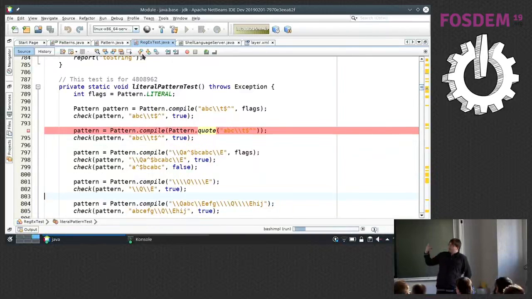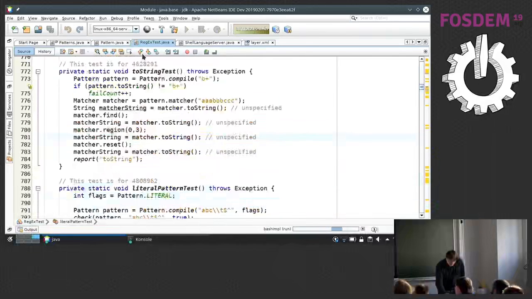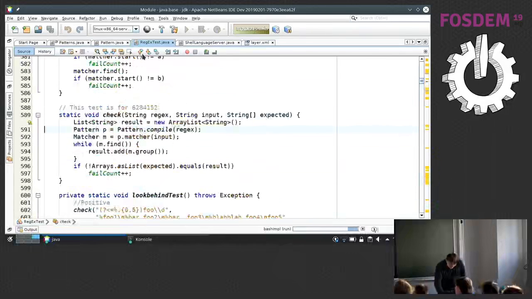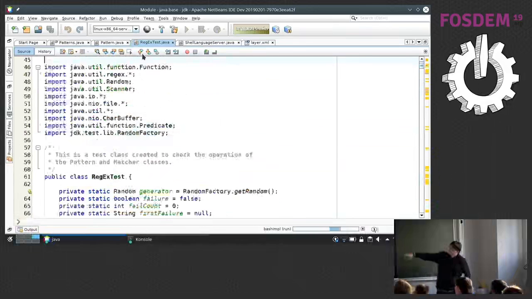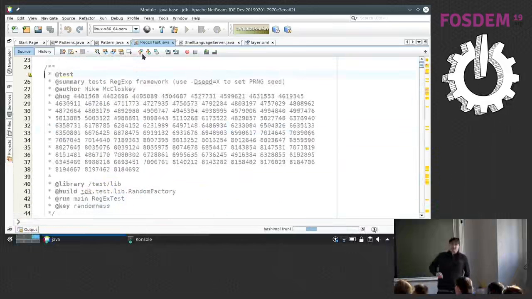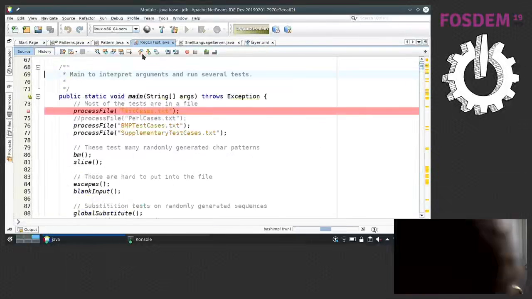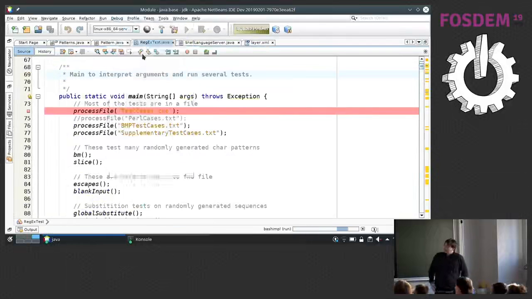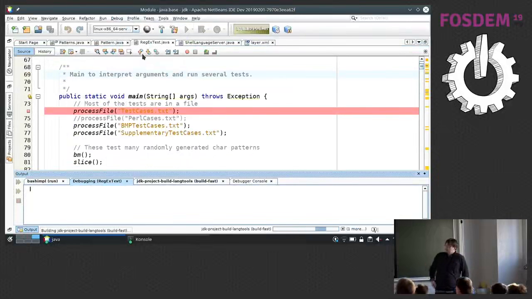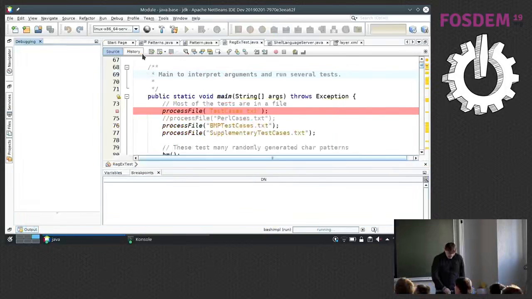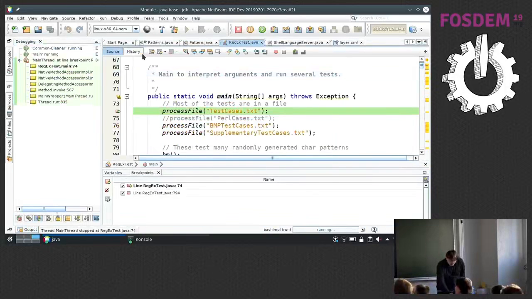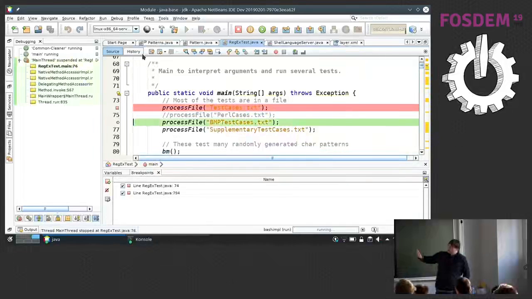But in NetBeans, this is a test that is testing the Java regex pattern, and it has this header, which is a description of the test for JTReg. And what NetBeans can do now is that you just say debug test, and after a little while, it will start the debugger, and you can debug as normal. It should all work.